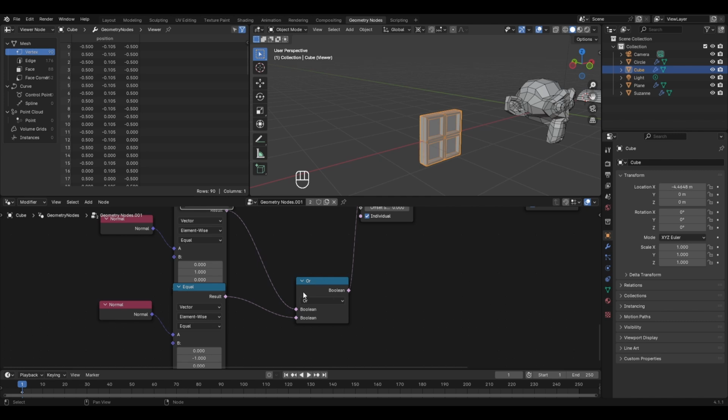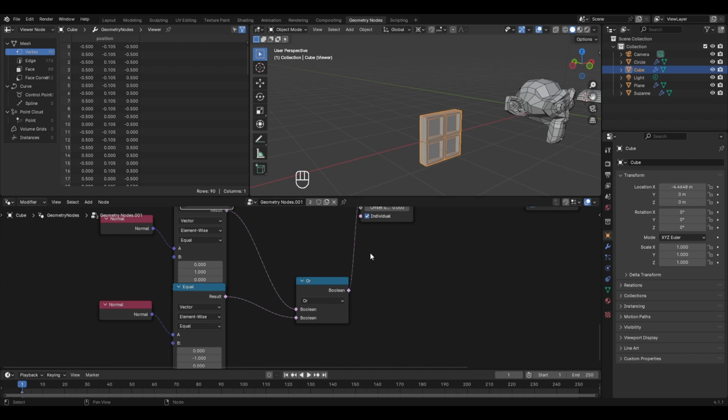See, previously when we selected the AND operation, the reason why we didn't get any output is that the AND operation will give an output which will satisfy both the conditions. However, in this case, the first condition was that the normal should be in the positive y direction, and the second condition was that the normal should be in the negative y direction. As a result, both the conditions couldn't be fulfilled simultaneously because both of them are completely different,